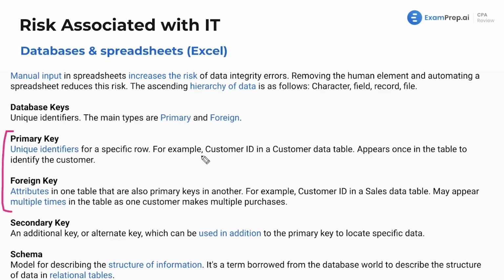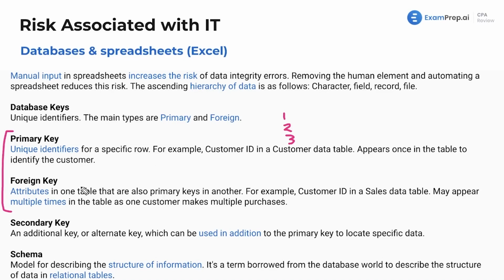Let's talk examples. Customer ID in a customer data table. It appears once in the table to identify the customer. So it's a specific unique identifier that appears once. Customer 1 is Nick. Customer 2 is John. Customer 3 is Liz. Right? And I've got an identifier of 1, there's 2 and 3. It's a customer ID. Maybe it's 1NP for my initials, right? It could be anything. Taggings we're talking about in Excel. So that is a primary key.